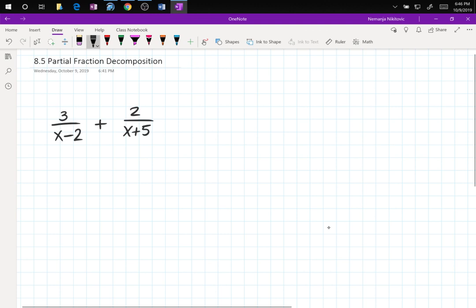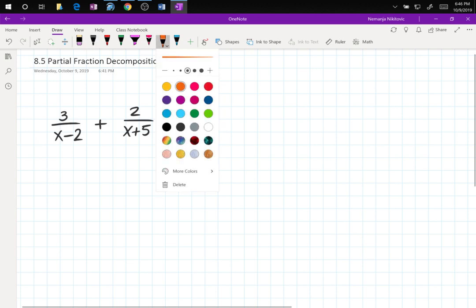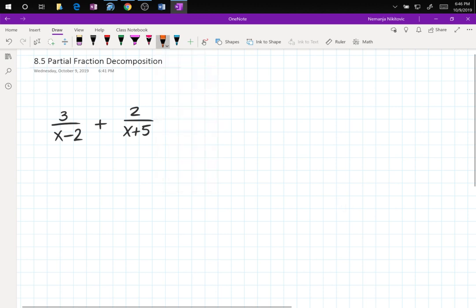But let's first start from understanding that we can use algebra, common denominators here, to add these two into a single rational function. So if I multiply this side by x plus 5 and this side by x minus 2,